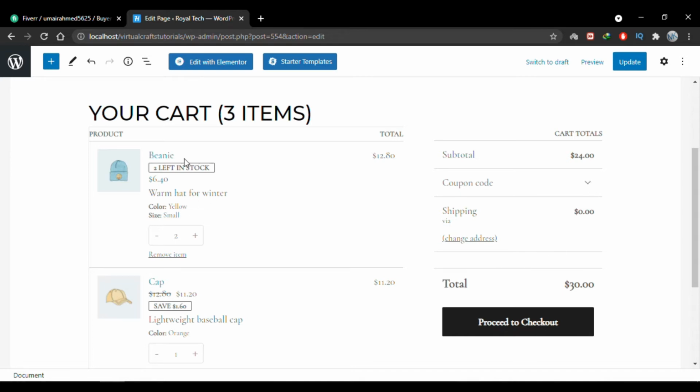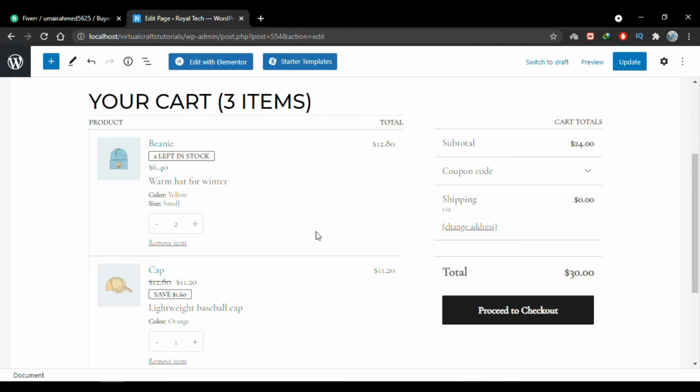And on the product side you can see that we have some additional details now. We can see how many units of this product are left in the stock, and for the products which are on sale it says the total amount you are saving. We also have a unit incrementer and decrementer in a better way. So overall this new cart block looks very elegant. And further we'll see on the cart page itself after updating it.